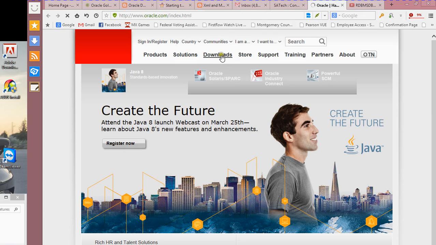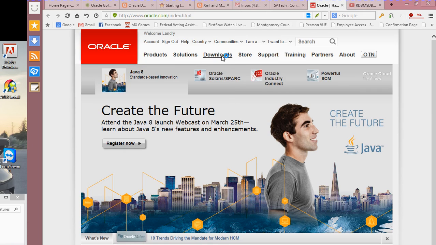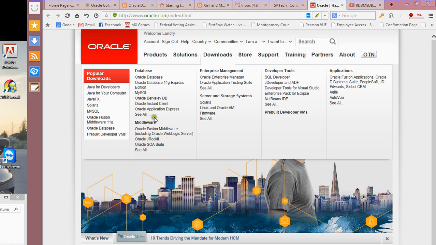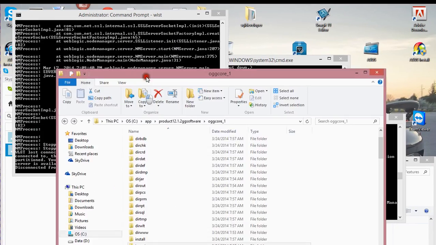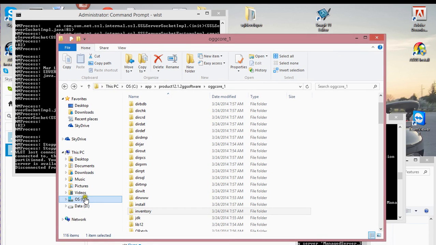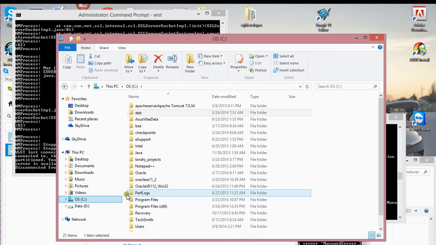So you come to download, and you click on middleware. You click on this one, Oracle Fusion Middleware, including Oracle WebLogic Server. Click on that, and what I've already done is I have my WebLogic server software